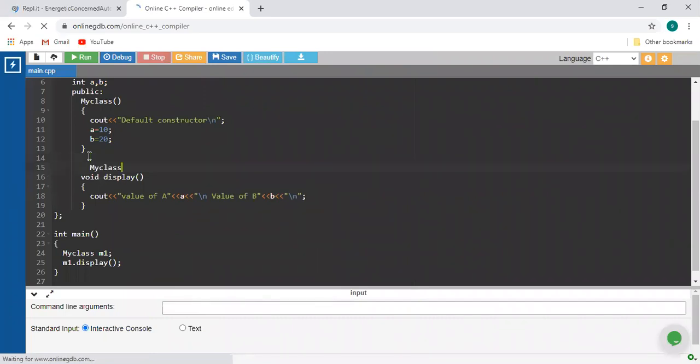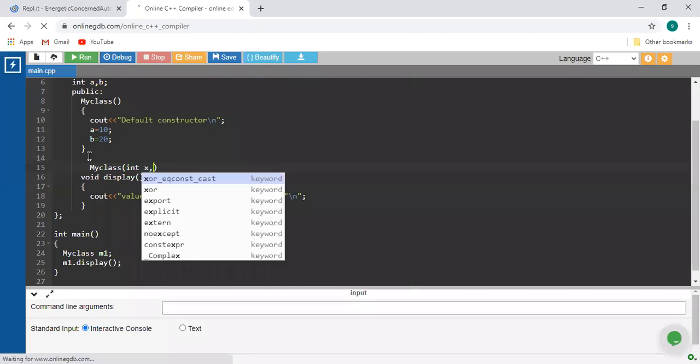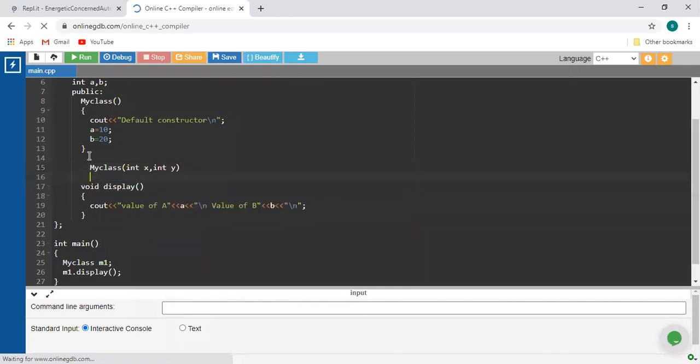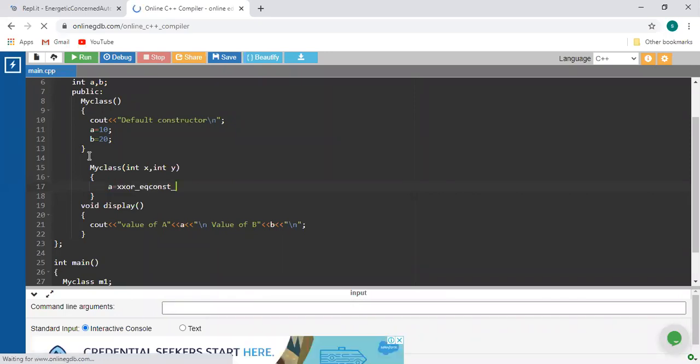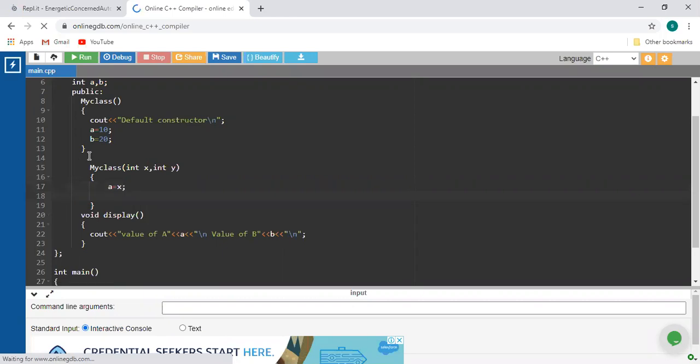This is the syntax, and inside that we are using two different variables, x and y. How are you going to initialize a and b? In a simple way, a is equal to x and b is equal to y. Whatever values you initialize to that object at the time of object creation, both the parameters are directly initialized to a and b.